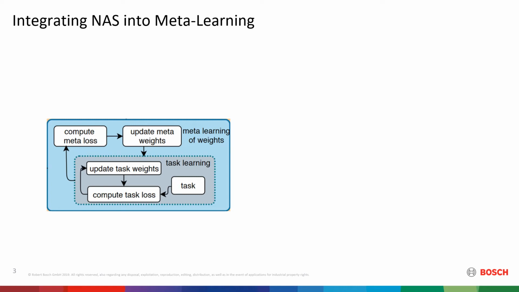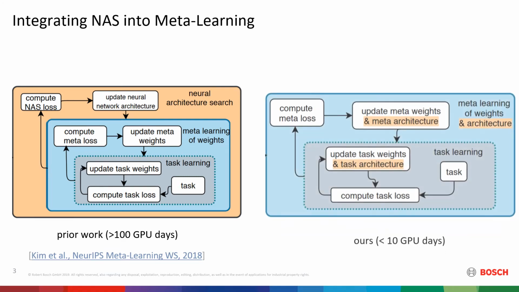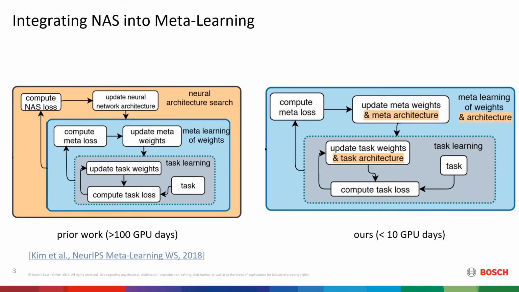As such, meta-learning methods are agnostic with respect to the neural architecture used. It seems natural to optimize this neural architecture, which is also known as neural architecture search. One simple approach to this would be to simply apply neural architecture search on top of meta-learning, as also done in prior work. However, this introduces yet another level of hierarchy. Instead, in our work, we propose to fully integrate neural architecture search into the meta-learning loop.